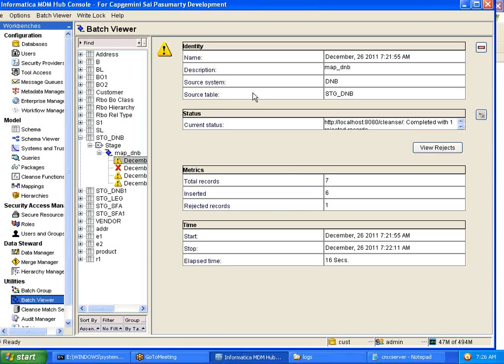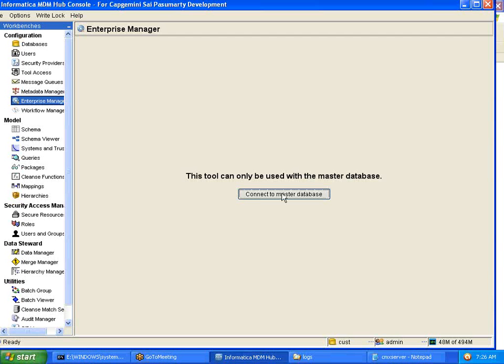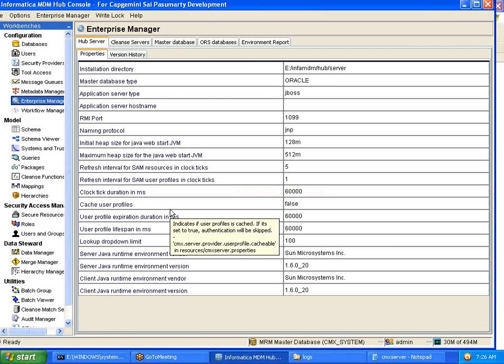We can enable the appropriate logging level so that we can start troubleshooting based on that. To do that, we have the enterprise manager, where we can see different environments, plus we also have